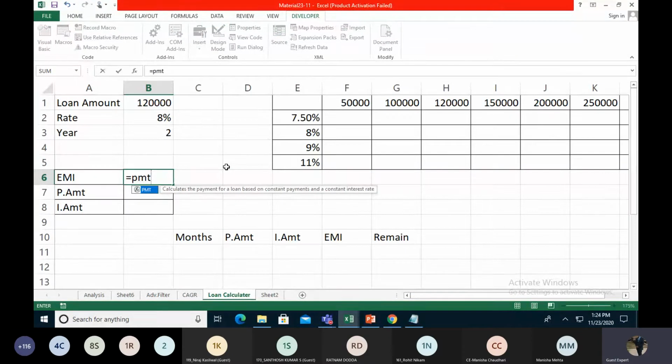In this PMT, the syntax has first the rate, then nper, then PV, then FV, and then the type. So we check each and every one, and after that we see how data tables are used for data analytics purposes. So first of all, we take the rate, that is 8%.